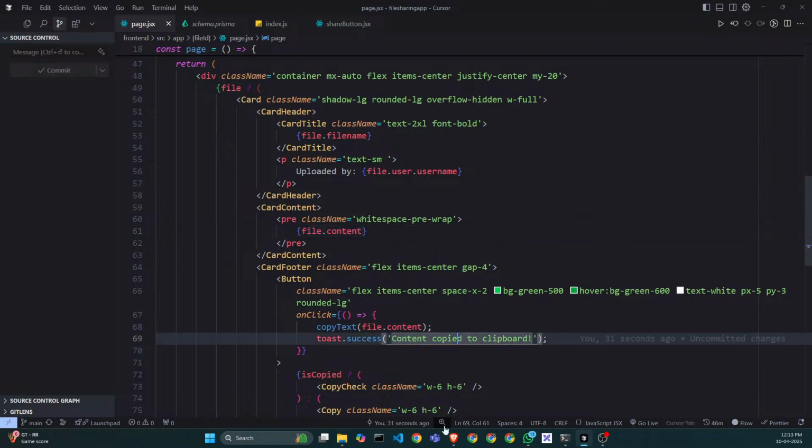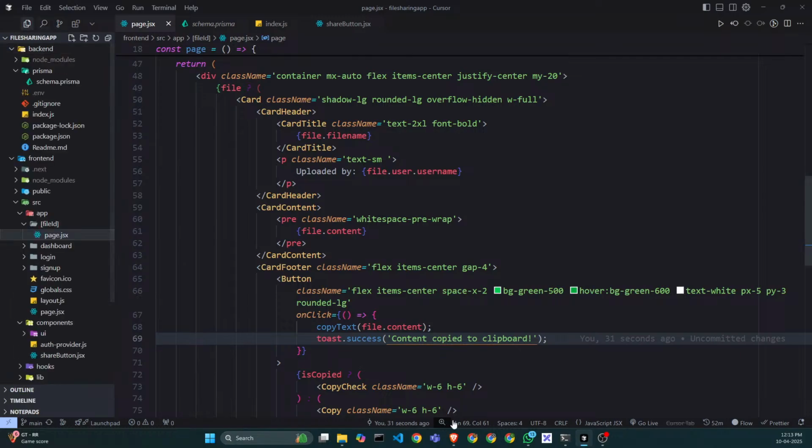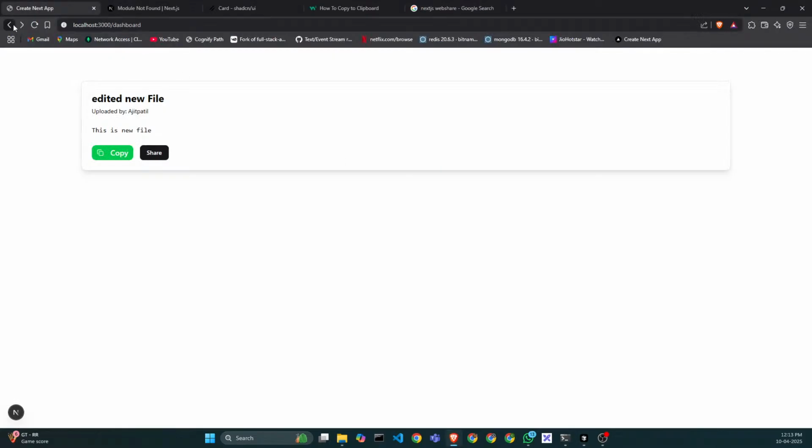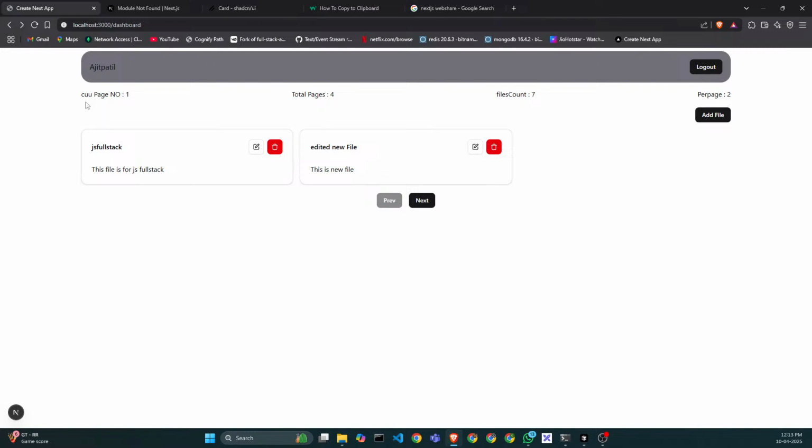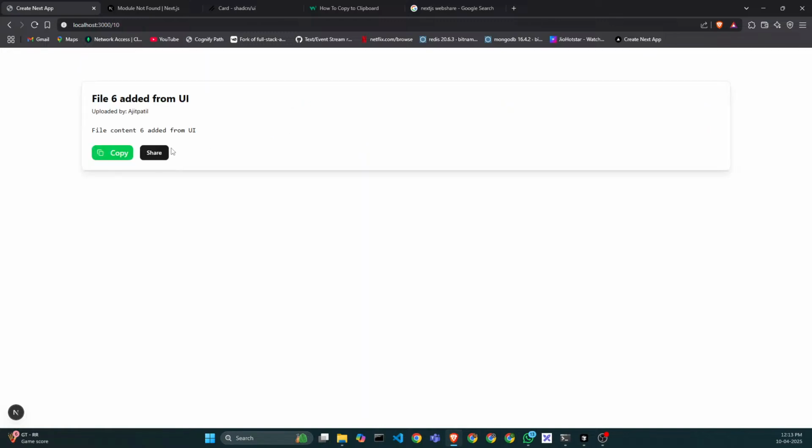Okay. Today we have fixed the pagination bug. Okay. And also added the next and also the share. Okay. So let's stop the